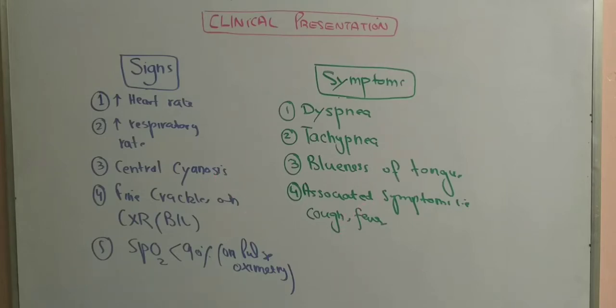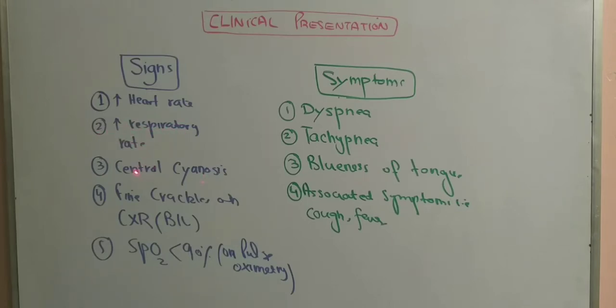So when the doctor checks the patient and elicits the signs, the patient may have a high heart rate because of the low oxygen in the blood. The heart tries to compensate by increasing the rate. The patient may be taking a lot of breaths. Respiratory rate may be on the higher side, which we call tachypnea. Normally the respiratory rate is 12 to 15, but this patient may have 25, 30, going around that number of times the patient may be breathing in and out.